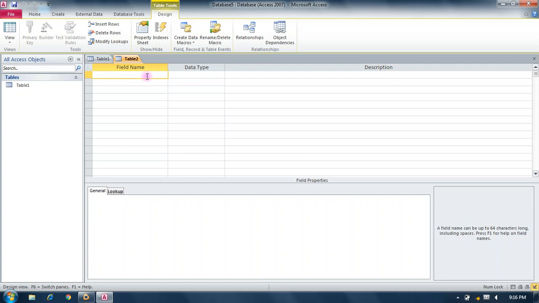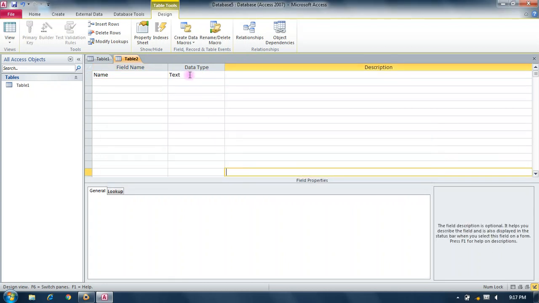Field name is which type of data you want to store in your database. So first select your field name, like name. This is the field. Data type, which type of data?